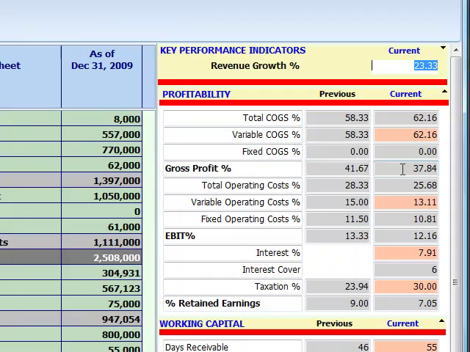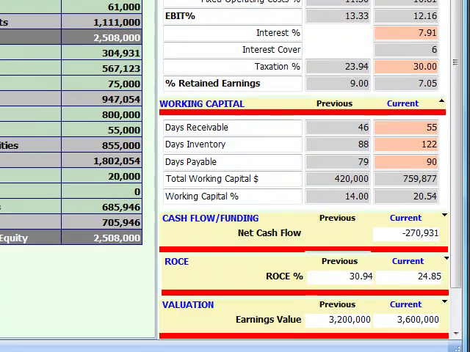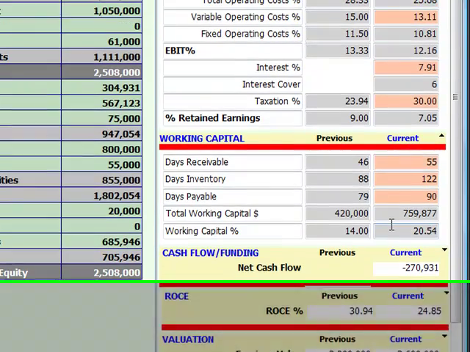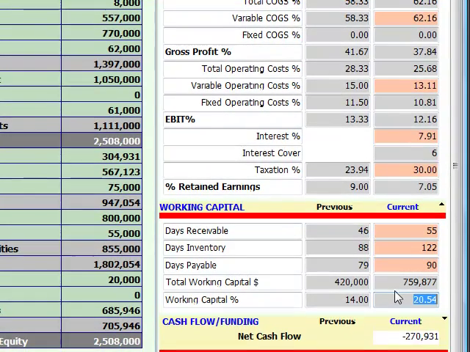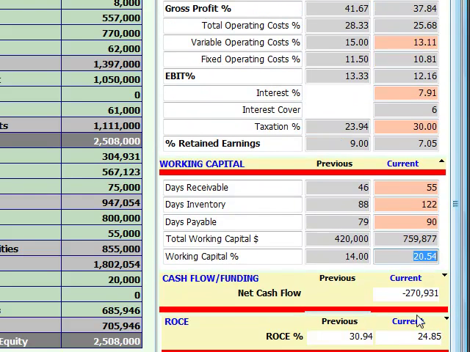For the next revenue dollar, how much working capital does this business absorb? 20.54 cents. If you think about it, for the next revenue dollar, we generate 37.84 cents. There it is, 37.84 cents. And we absorb 20.54 cents. At the gross profit level, is this business cash generating or cash absorbing? Well, if we're generating, let's call it 38 cents, and we're consuming 20 cents, then if we quickly go to